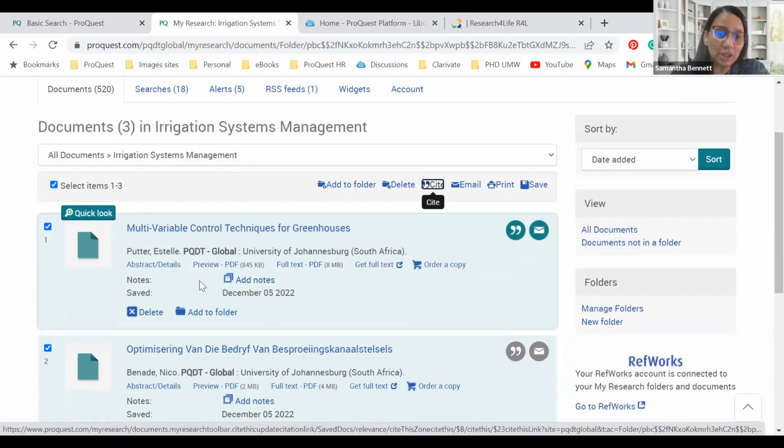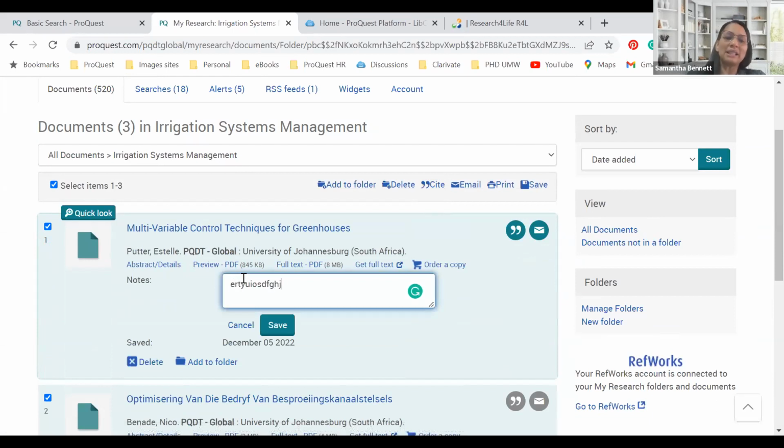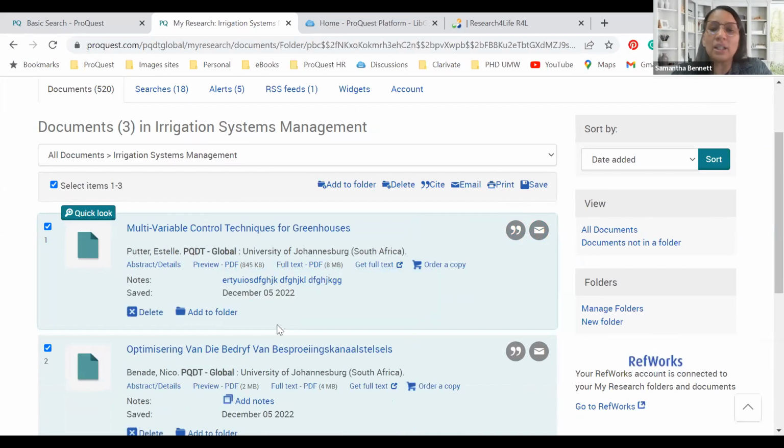Now, as a student, I like to read my articles, and as I read, I would like to make notes. So at any point in time, as I read, I can make notes, add words here, anything that I'm interested in, I can simply add those details, hit the Save button, and it will add my notes here. Now, when I actually start writing my dissertation, I can simply come here, copy those words that I've already written from what I read, and paste them within my document, and it makes your writing way easier than using the platform as well.